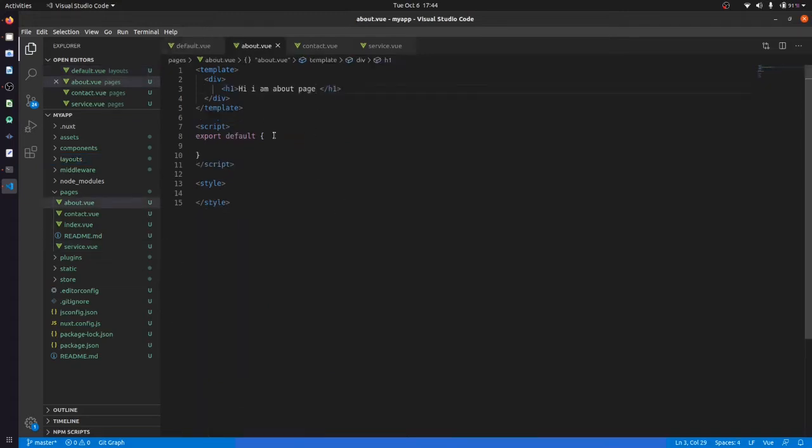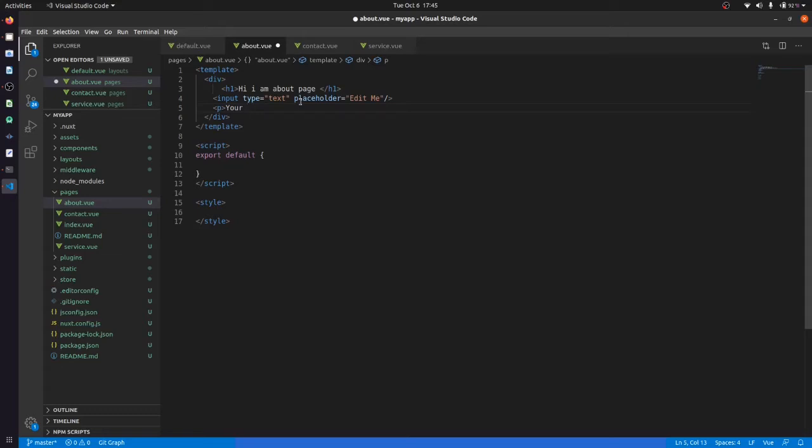We have our about page, and below that we will have an input box. The type of input will be text, and let me give it a placeholder. The placeholder will be "edit me". Okay, and below that I'm going to work with the data binding part. How can we data bind the application?